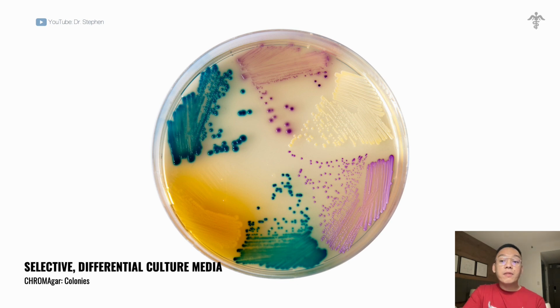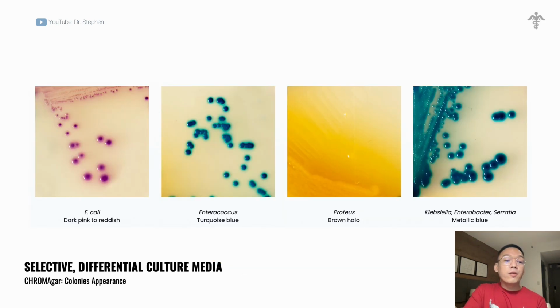These are selective, differential for selected bacteria and yeasts. And luckily, we're able to see the chrom agar and their website showing us what these colorful colonies signify. First, this dark pink to reddish appearance is denoting of an Escherichia coli, turquoise blue for Enterococcus, brown halo for Proteus, metallic blue for Klebsiella, Enterobacter, and Serratia,